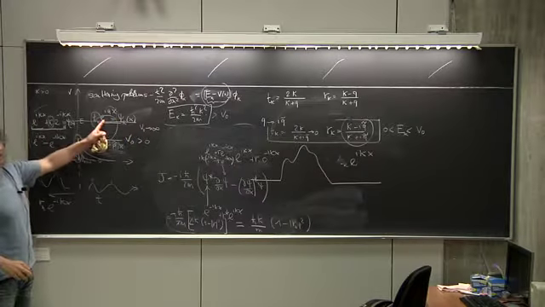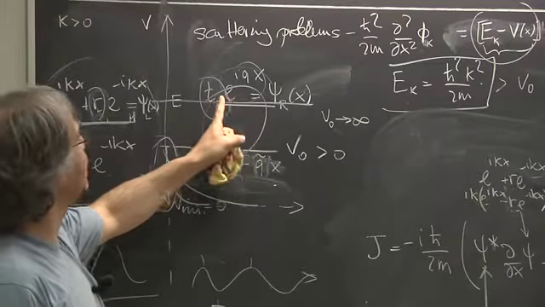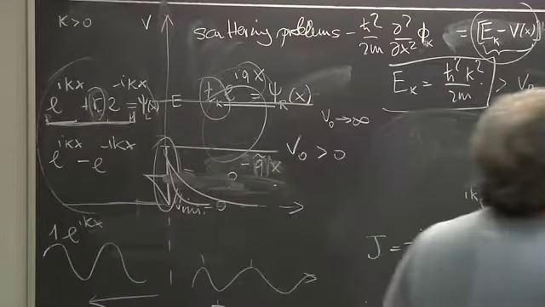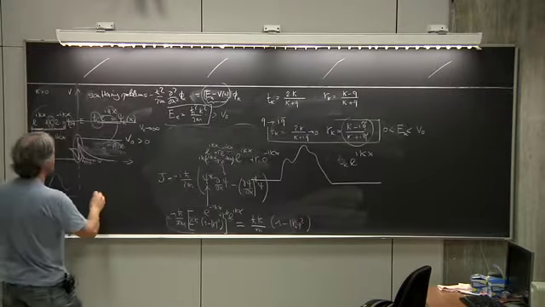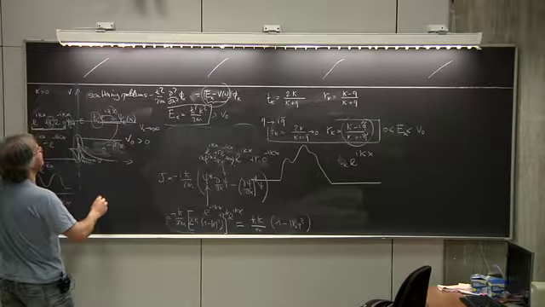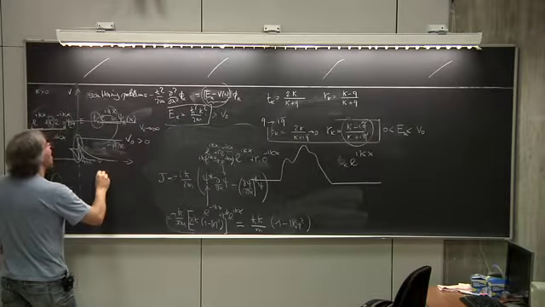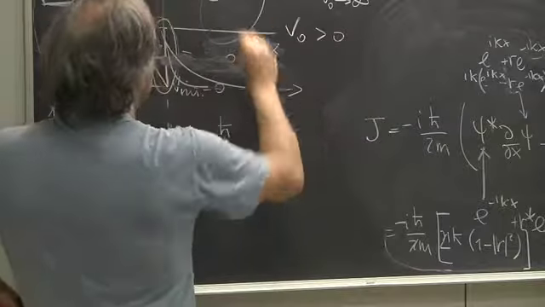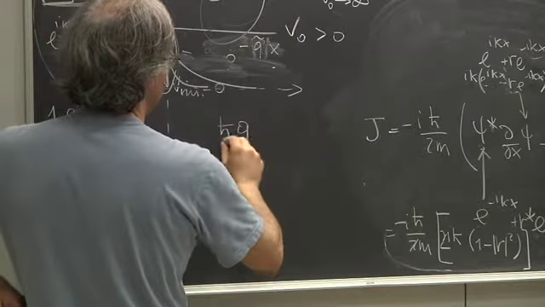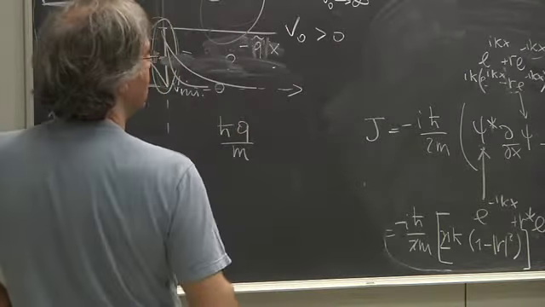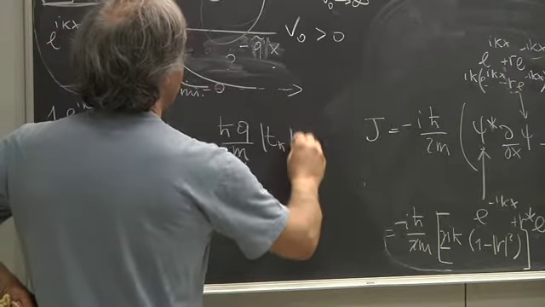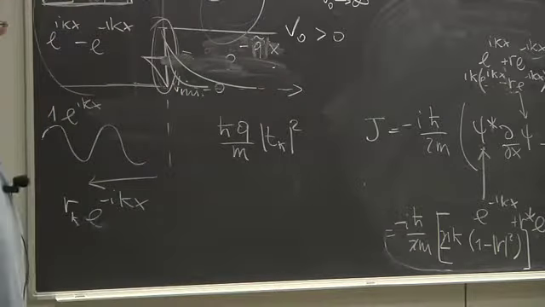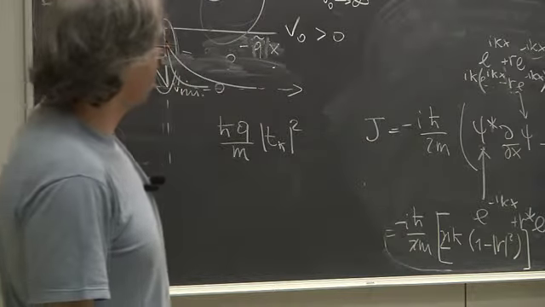you can do a very similar exercise. You realize immediately that the current here on the right should be what? Tell it to me. H bar Q, because this is the momentum, divided by the mass, times Tk modulo square. Okay? So you see,